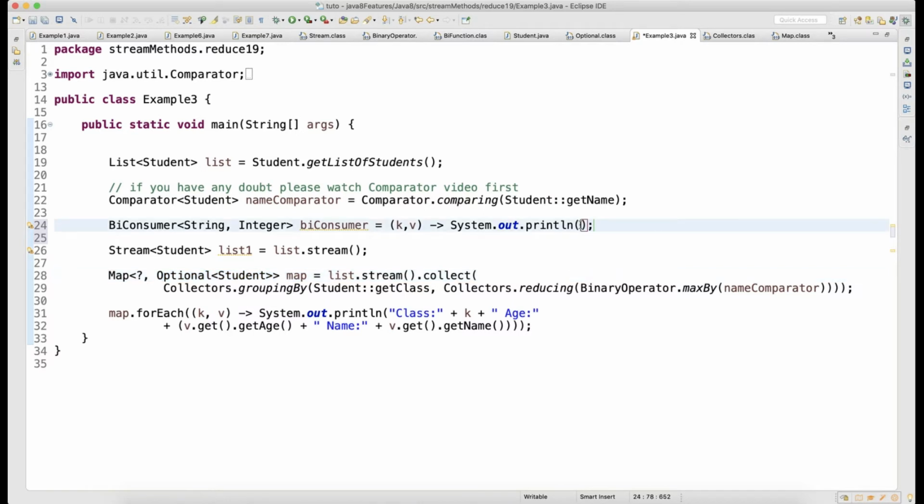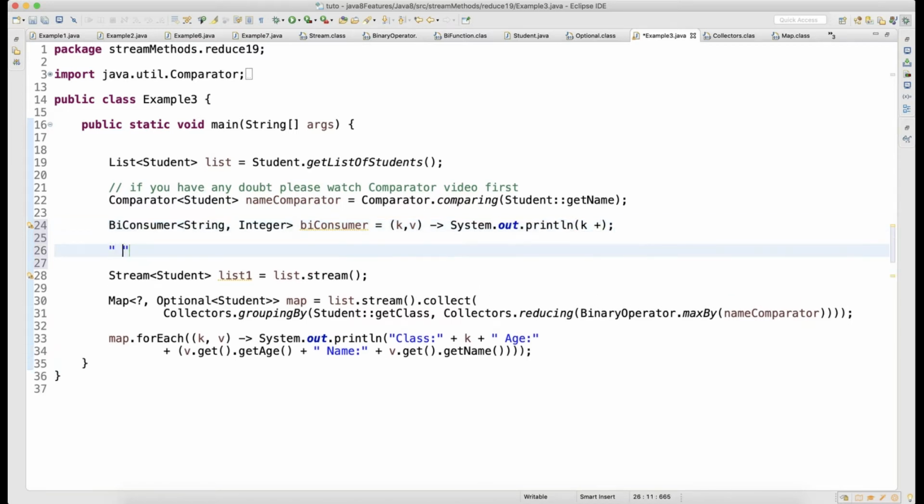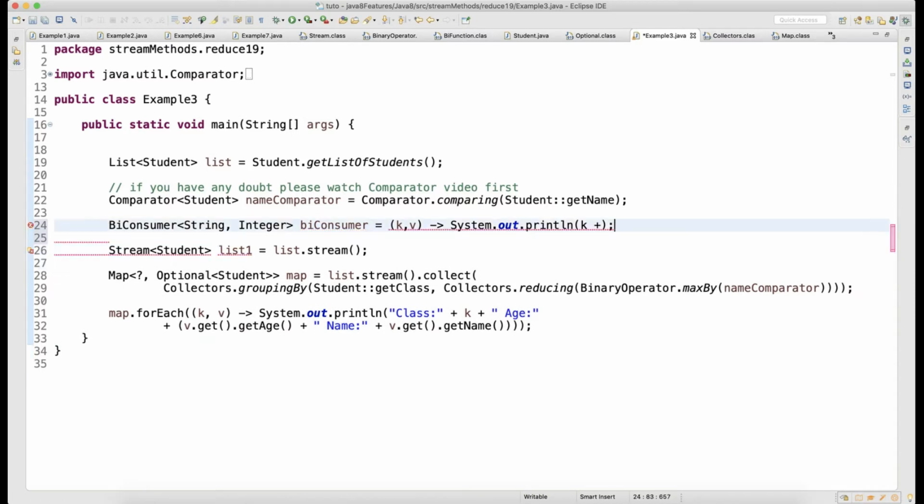So here the concept is different, but since it is a key value pair, I can actually print both. Okay, I will just print k plus space plus value, right? So that's how we write a BiConsumer. You understood? That's how we write a BiConsumer.